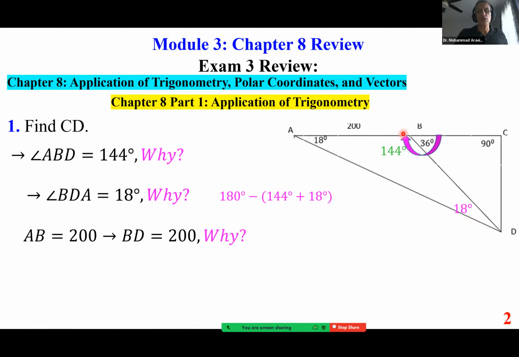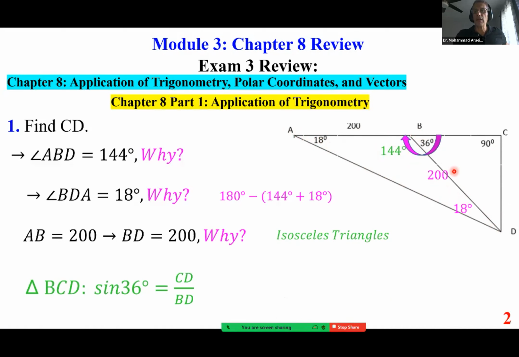Therefore, since AB is 200, BD is also 200. Why is that? We have the same angles. That means we have an isosceles triangle, and they must have the same side. So we found this is 200, this is 200, 18 degrees, 144 degrees. Now we're going to use this small triangle,